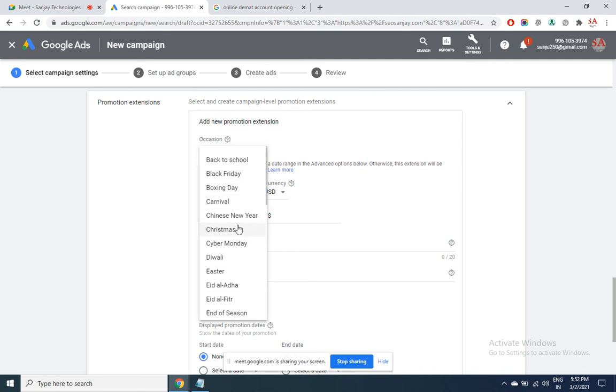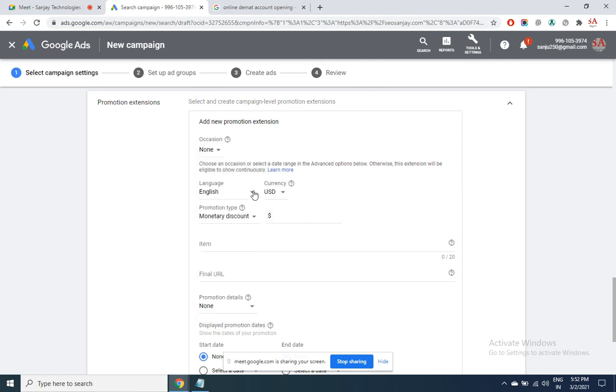What's the occasion? There is no occasion. This offer is a general offer. In English, the currency you may want to display in INR, Indian rupee. Then percentage discount or monetary discount.